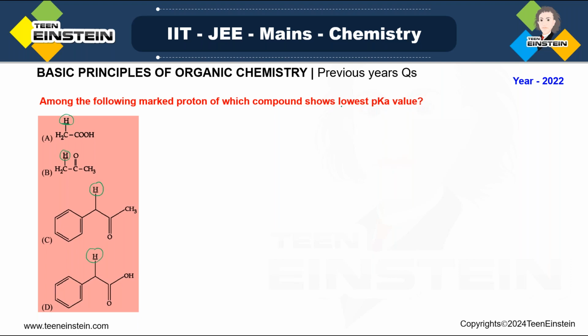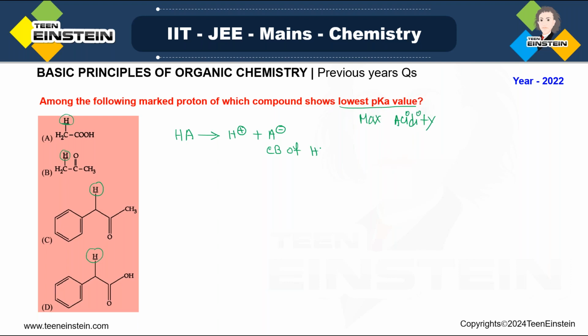And lowest pK means what? Maximum acidity. pK and acidity, these two are inversely related to each other. So we have to find that compound where maximum acidity is possible. Now suppose I am considering a general expression for acid, which is HA. When HA is dissociated, you are getting one proton and you are getting A negative, which is basically the conjugate base